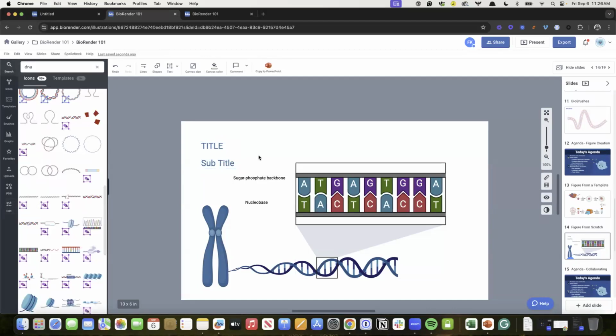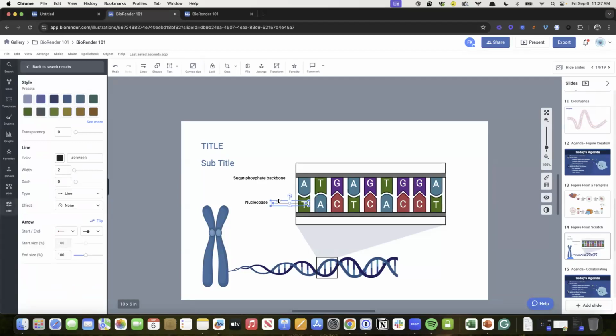Awesome. Now I just need labels to complete the labeling, and you can use this lines feature for drawing those labels. And I recommend using the lines with the dots at the end, and they make it really obvious that this is the terminal point that you're identifying. So for the nucleobases, let's choose this, and I'm just going to use the option key to again duplicate it